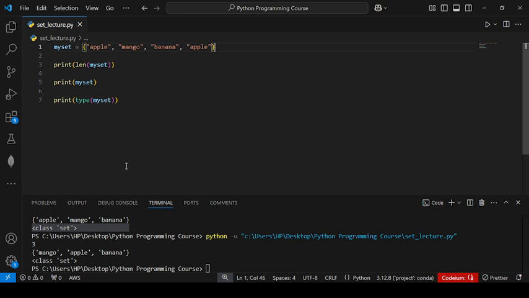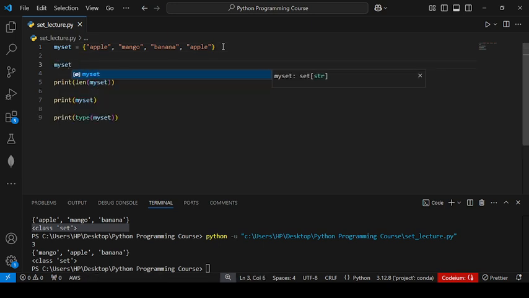And we can make a set of different data types as well. I wrote my set 2 here: apple, 1, 2, a float number, and a boolean value.